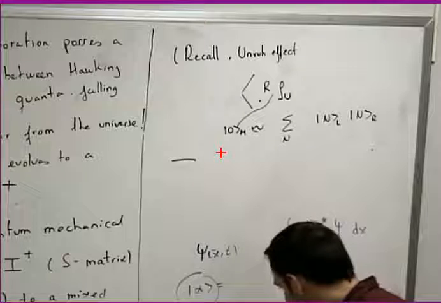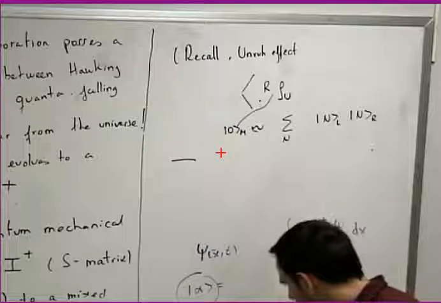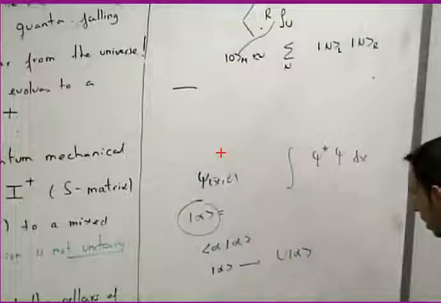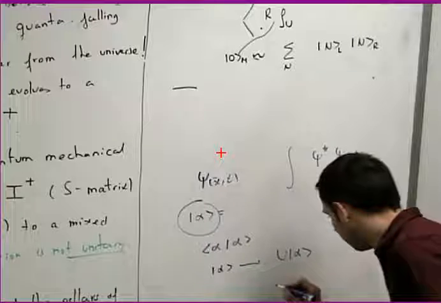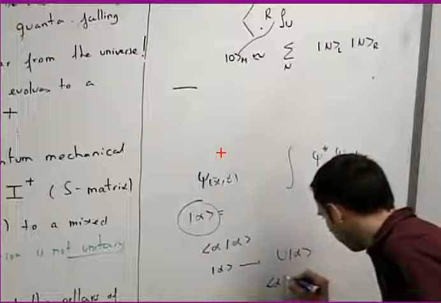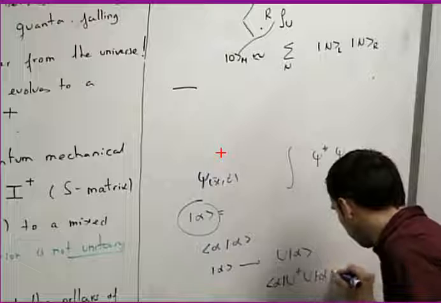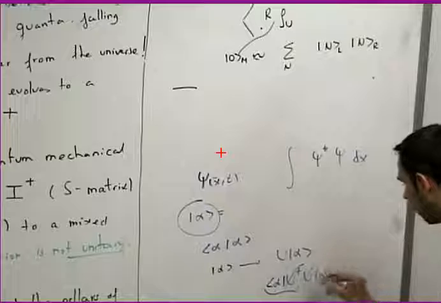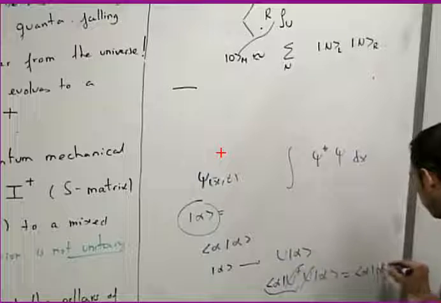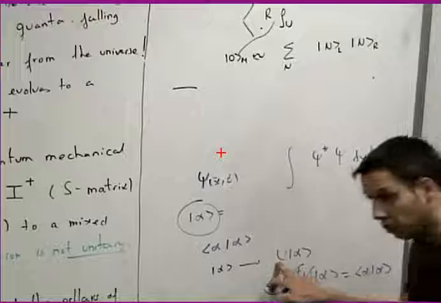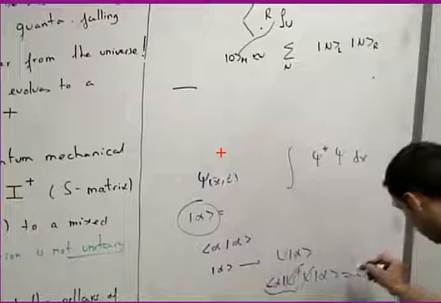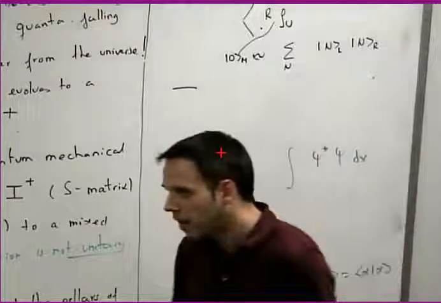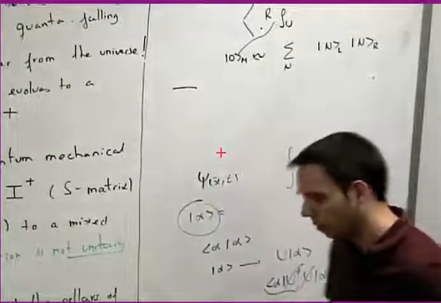But if the evolution is unitary, this state is going to evolve to this state. If you compute the norm of this state, you have to take this, and this is just the conjugate of this one. And if it's unitary, this is 1, the probability is conserved. But if U is not unitary, then probabilities are not conserved. The norm will not be equal after time evolution. So any probability you want to compute, any question you want to ask about probabilities, will not be conserved.